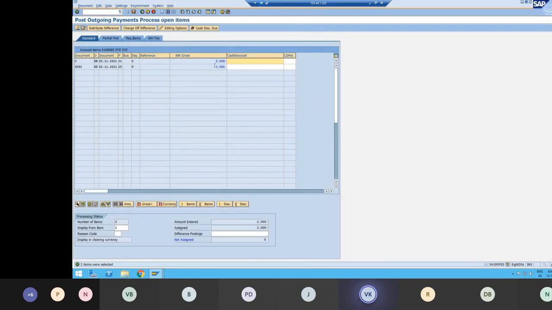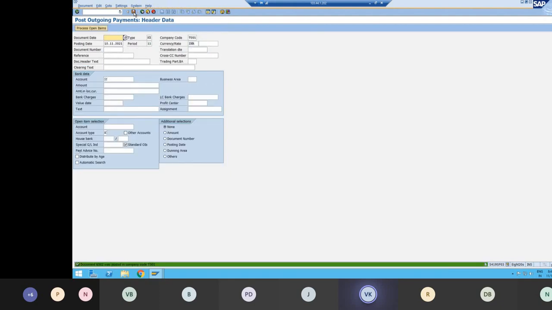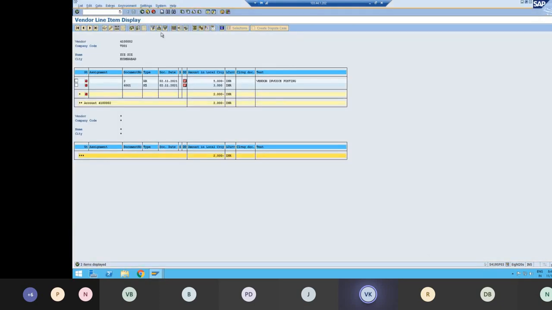Now you see, the moment I entered it, for the balance amount, the system already picked up and is showing a non-assigned value of 0. So you don't have to do anything, just click on this document overview and click on simulate. That is again the same entry, cash is going out and the vendor is getting debited. Just click on post and now we'll see the balance again.